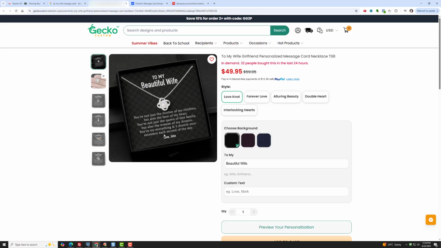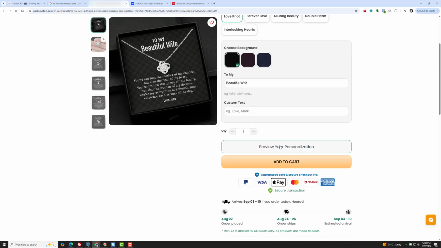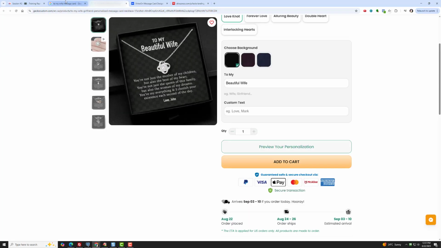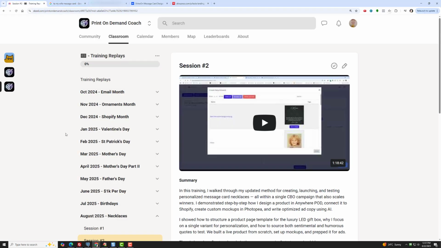So this one has personalization at the bottom. Choose the background to my beautiful wife. I guess you can change that. Which is cool. They preview it. Nice. So something like that, except we're doing a live preview instead. So a little bit easier to do. Anyway,